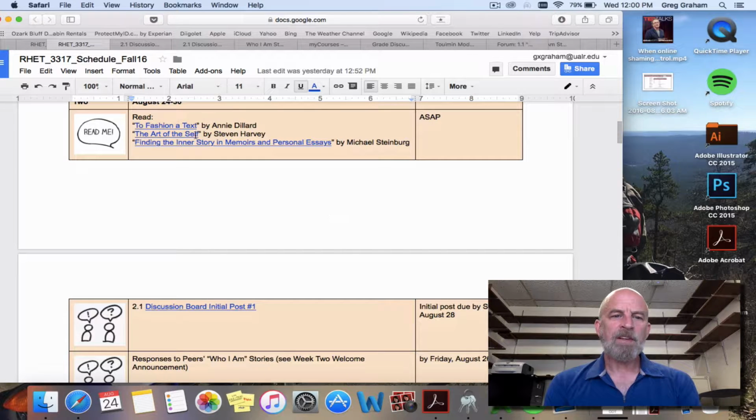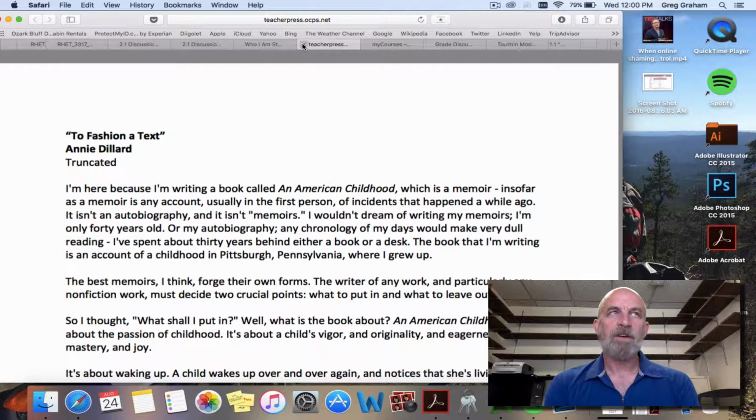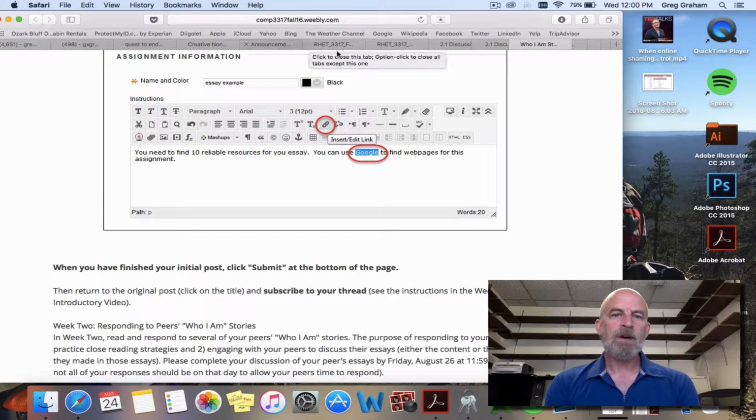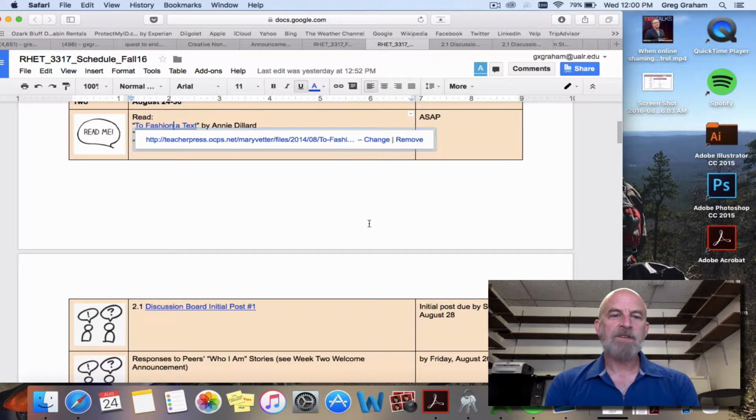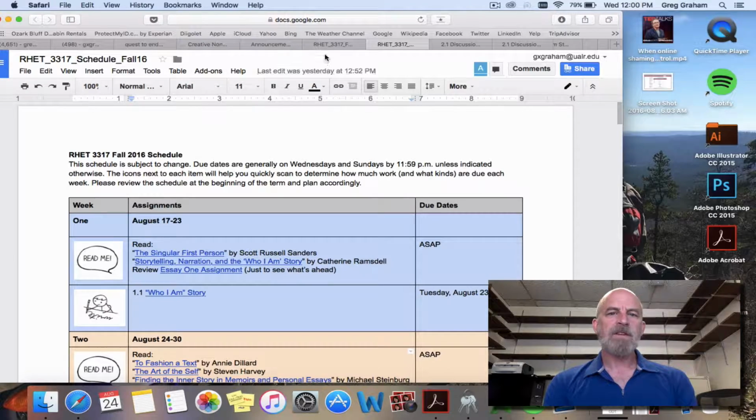Okay, and then the readings, obviously it links also to the readings, which are basically links to different places. I think you've all figured that out by now. So going back to